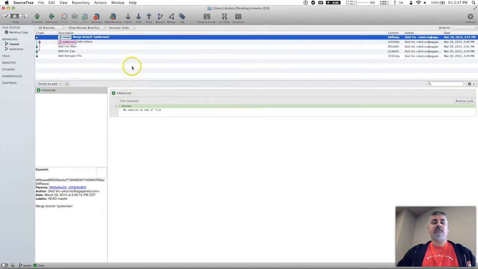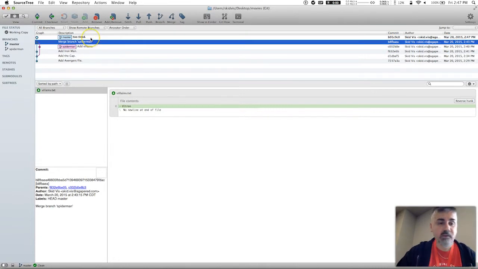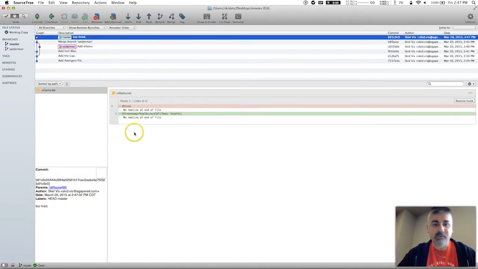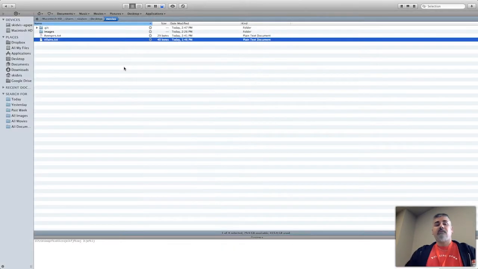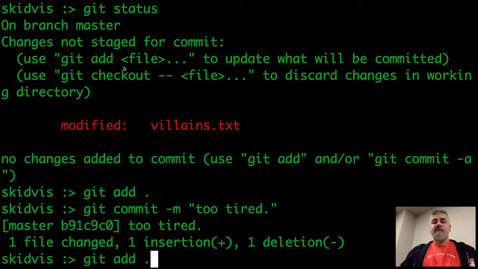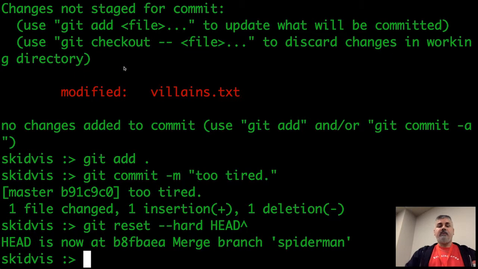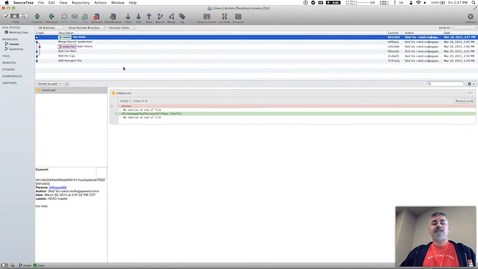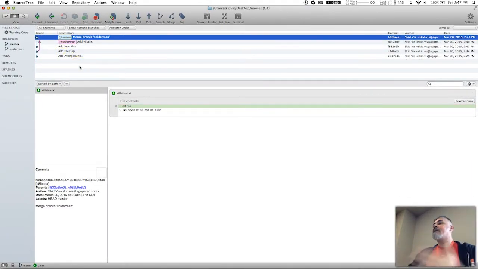So it's in here, too tired, and I wake up in the morning, I'm like, what the hell was that? This is garbage. I don't need this. How do I get back? If I do a git reset HEAD, that's not going to do anything for me because I'm already at that point. But if I want to go back one to Spider-Man, I do that git reset HEAD with an up arrow. And that will get rid of it. So you can see it's back now at the merged branch. So completely gone, never happened, you've got no proof, right?